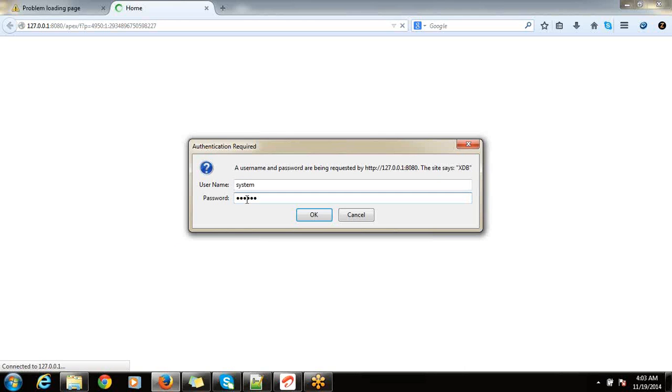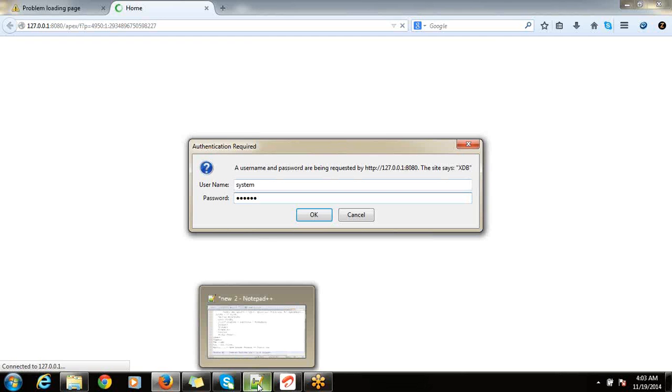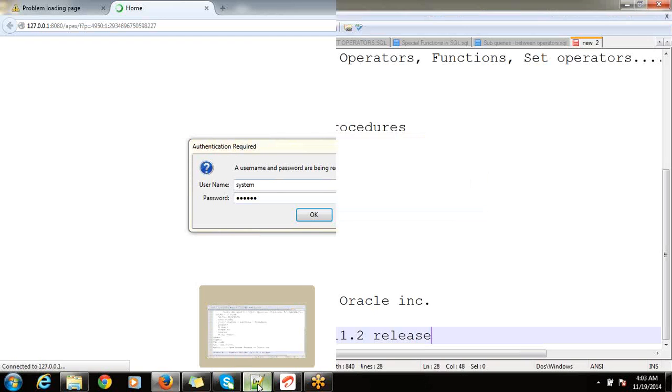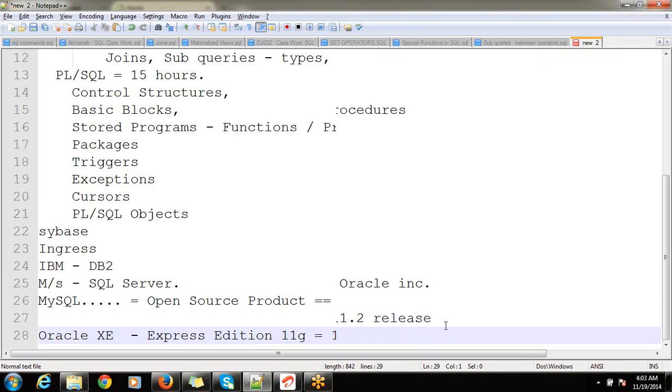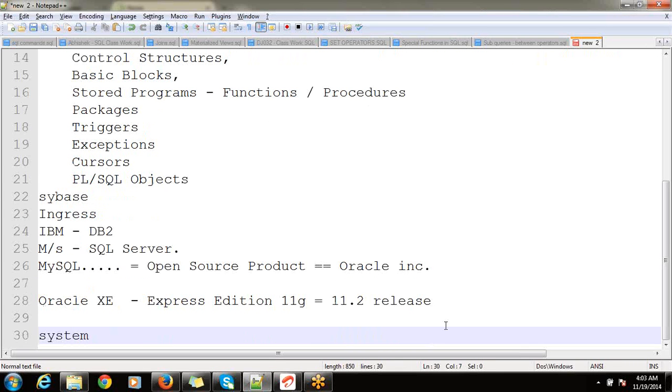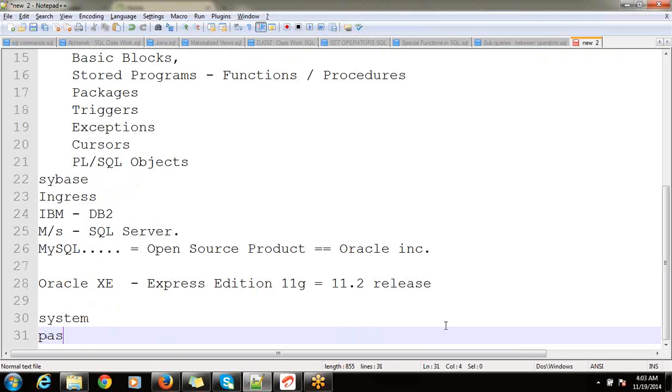I already gave that username and password. By default, there is a super user in the Oracle environment. That username is system. You can see here, system is the username. And you have to give the password which you gave during the installation process.